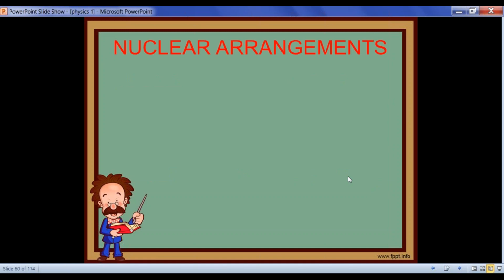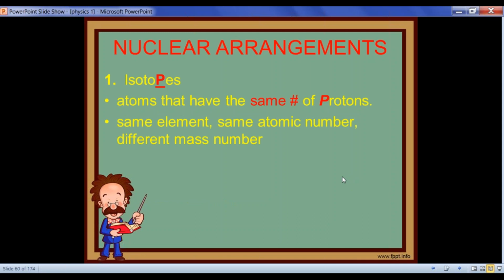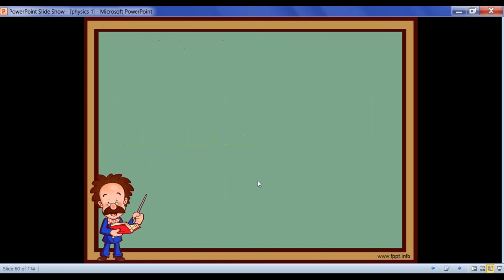Another one of the topics that we have to discuss is the nuclear arrangements. So, we have the isotopes, the isobars, isotones, and isomers. So, isotopes, these are the atoms that have the same number of protons, the same element, the same atomic number, and different mass number. So, for example, we have isotopes of